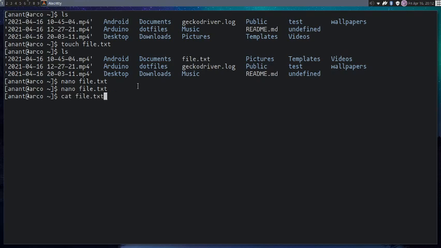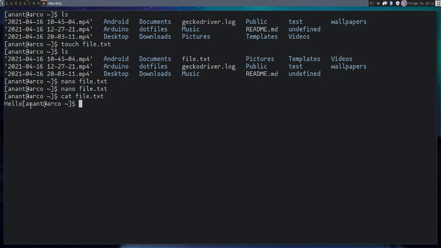file.txt. So I didn't tell you about the tab key. Basically, if I write cat or any command and type f, I think there's nothing else starting with f, so I can safely press the tab key. Yeah, you can see file.txt. If I press the tab key, it actually saves a lot of time. If the command is very lengthy, you can use the tab key, or if you want, you can type it out if you have a great typing speed.